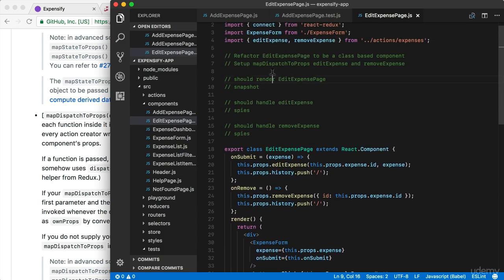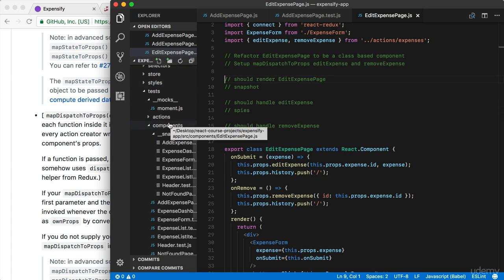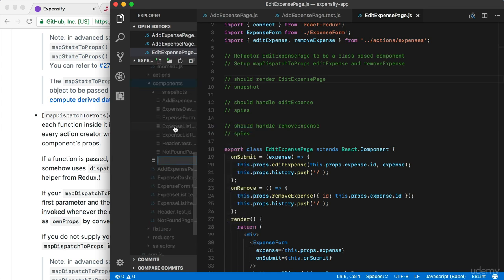and now we're going to start focusing on the test cases. So we have test cases, one that uses a snapshot and 2 that use spies. We also have to actually create that test file. Step 1, let's go ahead and create that test file down below in the components folder. That is going to be edit expense